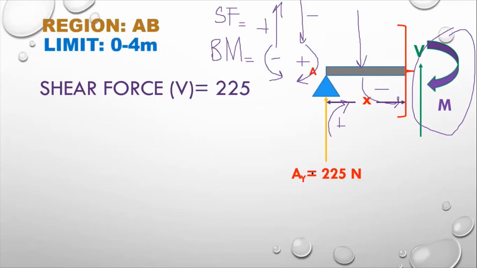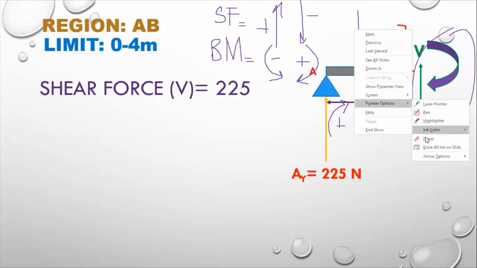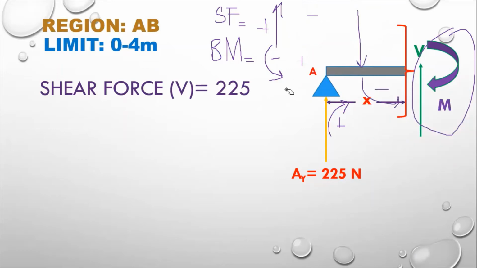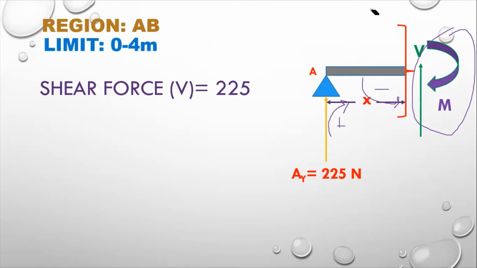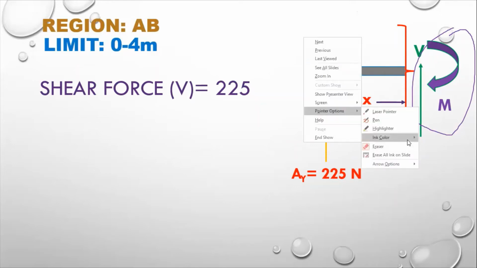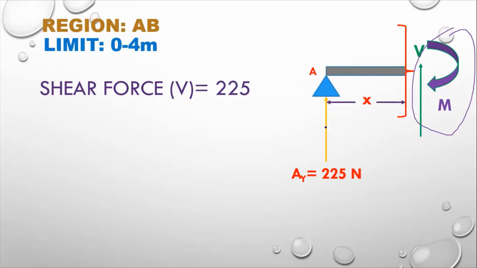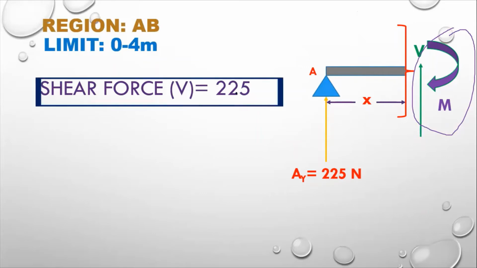Shear force: AY is equal to 225 Newton. There is only one vertical force, there is no other force. Let me rub it out, otherwise you will get confused. There is no force here right now, we only have one support reaction here. So we have to sum up vertical forces, and it will be positive 225. It will be a constant value. Then we are going to sum up the bending moment till here, so we will rotate this force AY here.